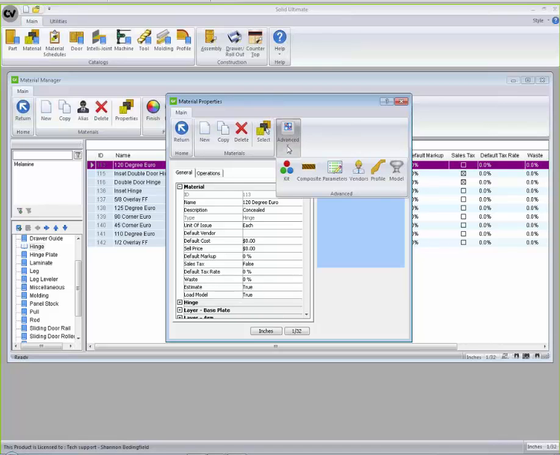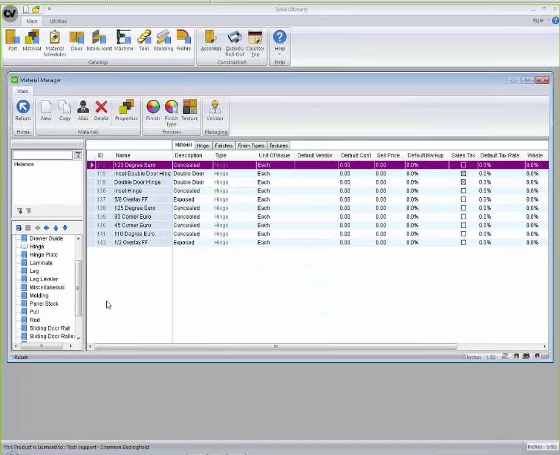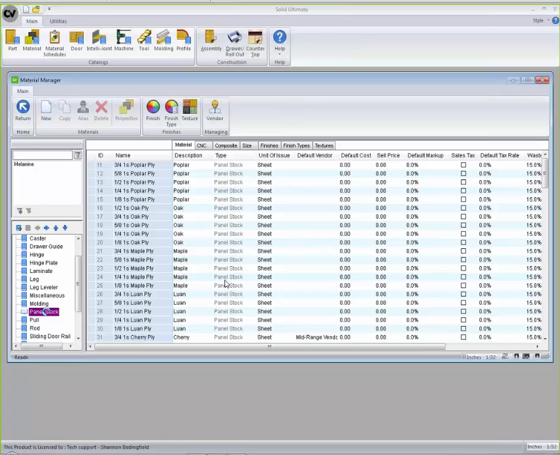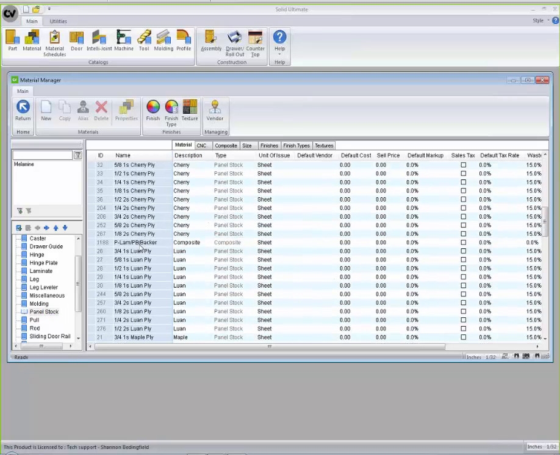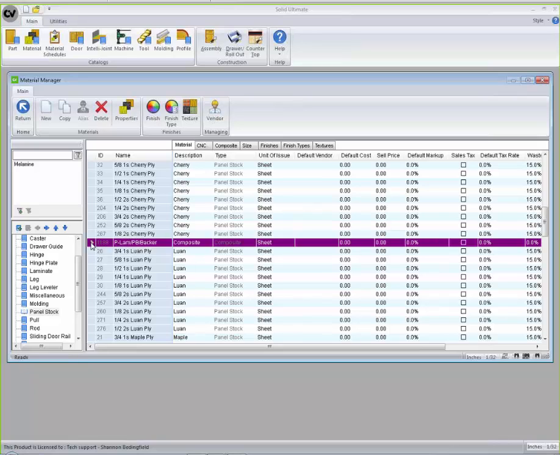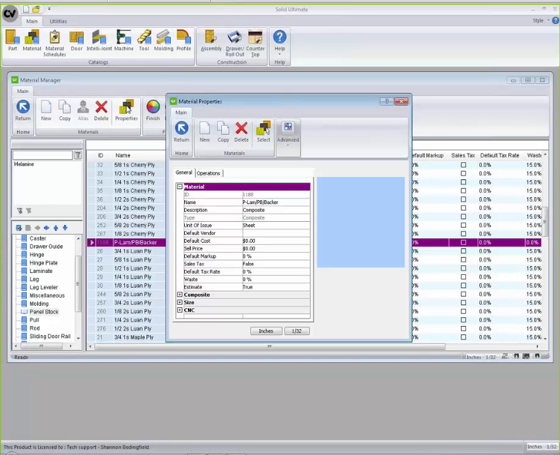The one I skipped in here, or one of the ones I skipped in here, this composite, I'm going to switch gears on you again. I added a panel stock. And where are you? There you are. So I've created this panel stock and I've called it out as a composite. That's one of my options in the new. So if I look at the properties on this,